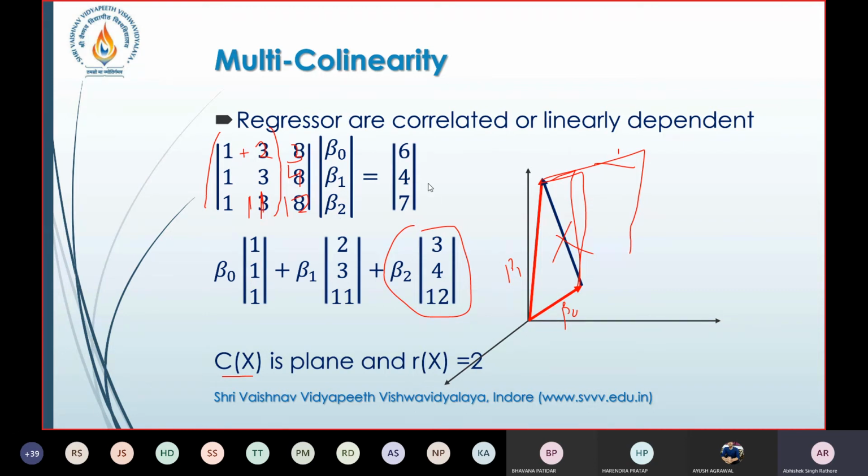So it can say that we are having multicollinearity right from this matrix, or we are converting this matrix into some vector form. So I'm just generating a matrix form over here, vectors over here. So it reflects that a combination of two vectors is the third vector. So again it signifies that it is multicollinearity. Or we can say that your number of columns is not equal to the rank of your matrix. So it means that you are suffering from multicollinearity.